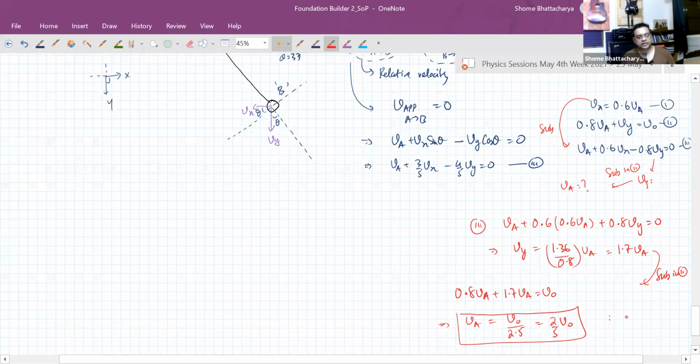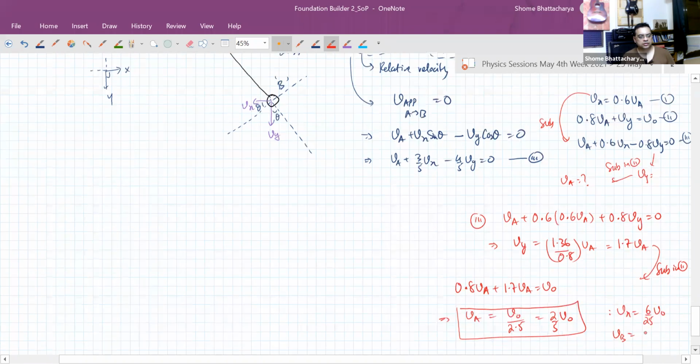And from that we'll get Vx as 0.6 times this, so 3 by 5 times this. So 6 by 25 V0. And Vb as 1.7 times Va. So that is 3.4 by 5. So finally, we will get E's velocity as a vector quantity as